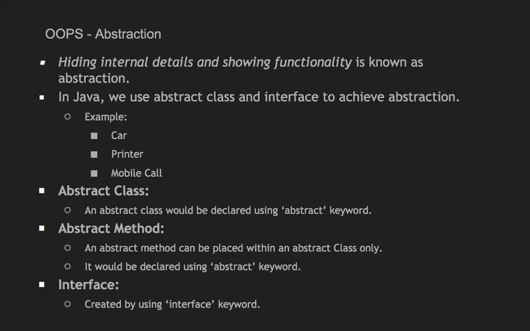Right, a mobile call. I just take a number, call my friend, and that's it. I should know where the contact list is, how to search for my friend's number, and which button to press to call my friend. Internal details, like how the call goes to the tower, from the tower to the service provider and to another tower, are irrelevant. What is the frequency and all the other things.